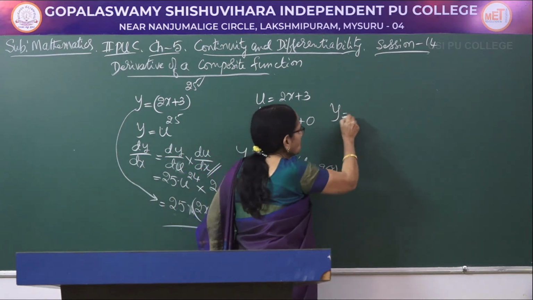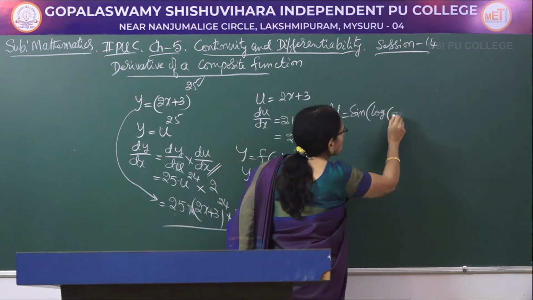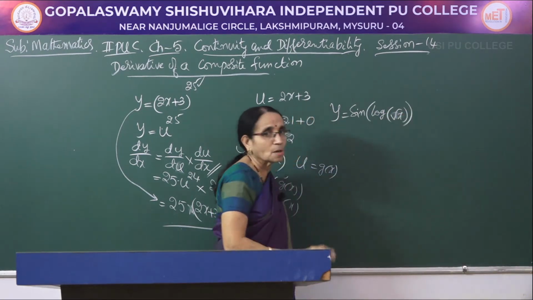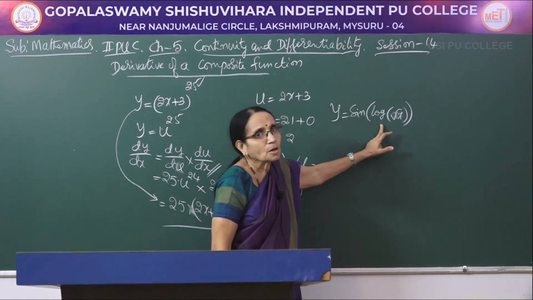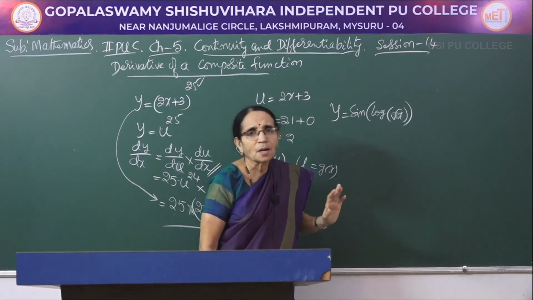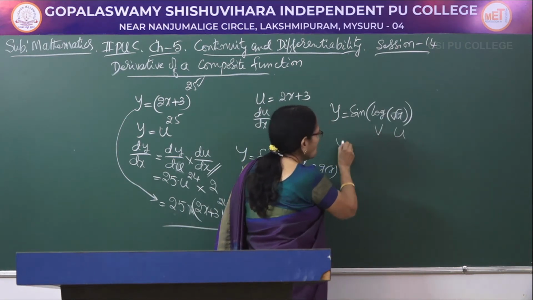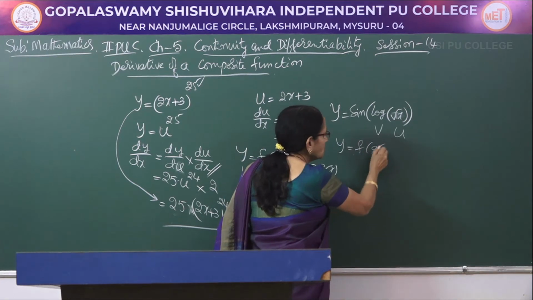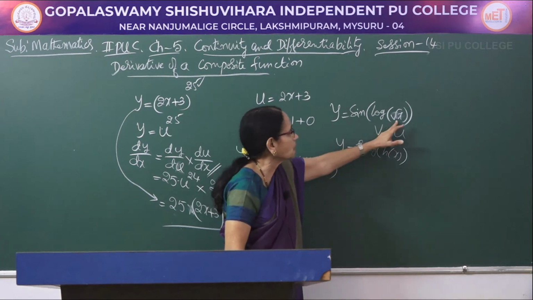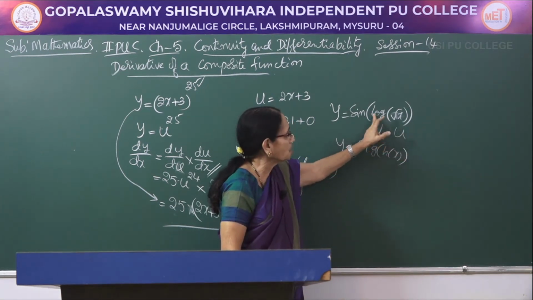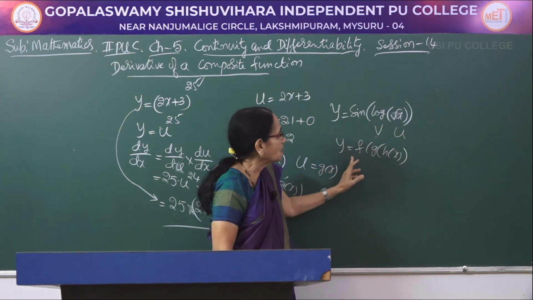I will take another example. Suppose I am having sine of log of root x. Suppose I am having a function. Look here, how many functions are there? One is trigonometric, sine, another is the logarithmic function, another is root x, an algebraic function. Suppose you take this as u, this as v, and then what would y be equal to? f of g of h of x here, isn't it? Or see, first you take this as u, it becomes log u, log u we take as v, then it becomes sine of v, like that, then you differentiate.